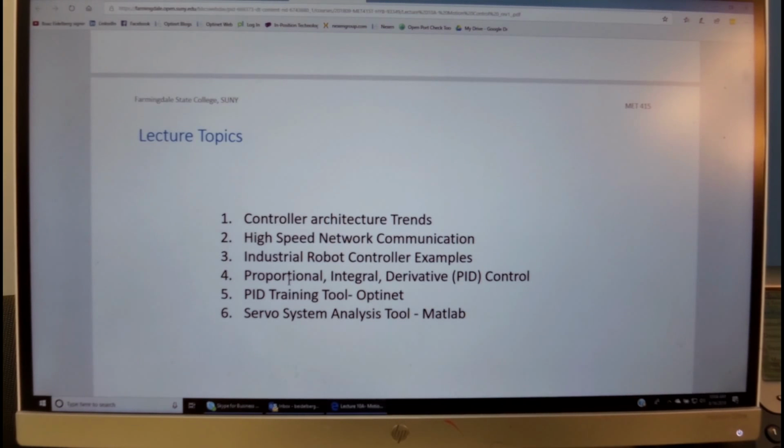Then we'll talk about the proportional, integral, and derivative control filters. And we'll see a PID training tool that I developed as part of my company, Optinet. And we'll also take a look at what MATLAB is offering in servo system analysis tools with Simulink.